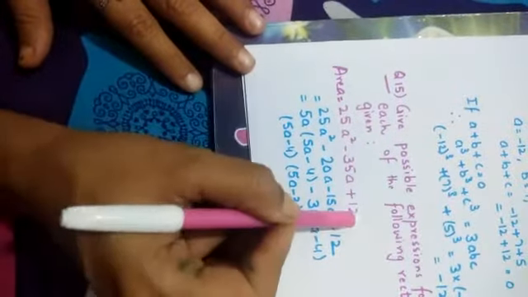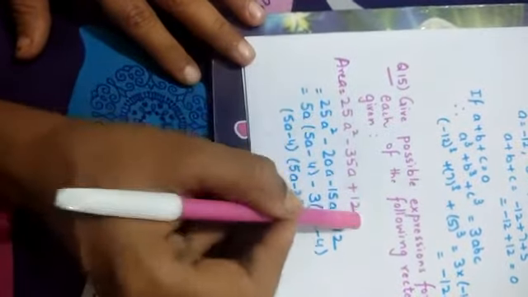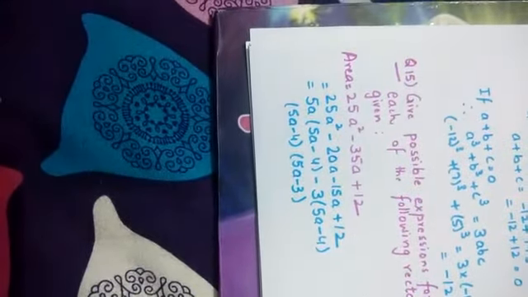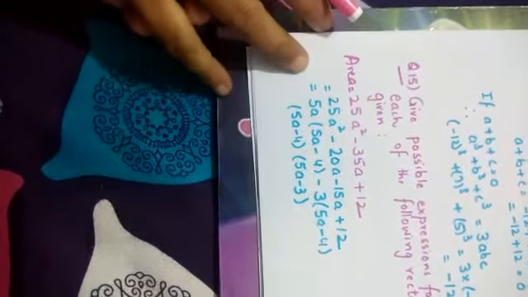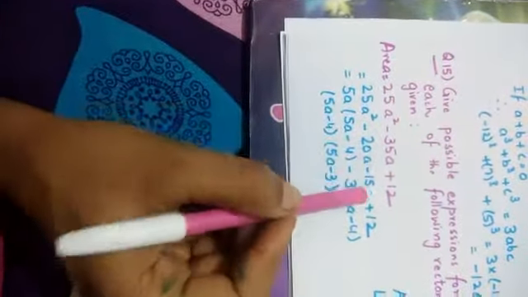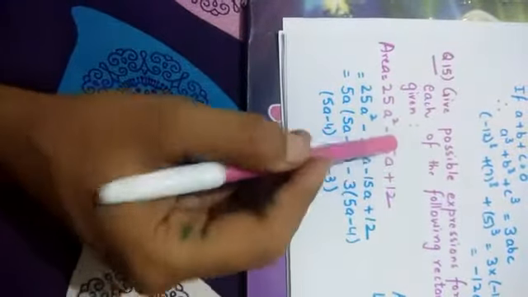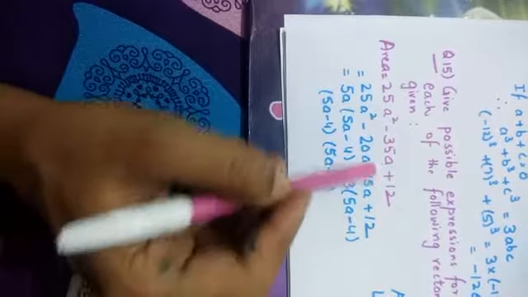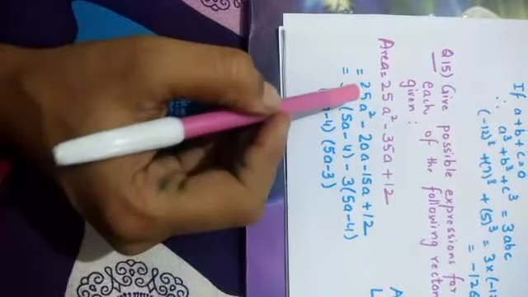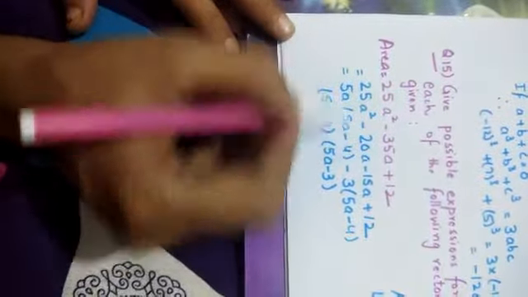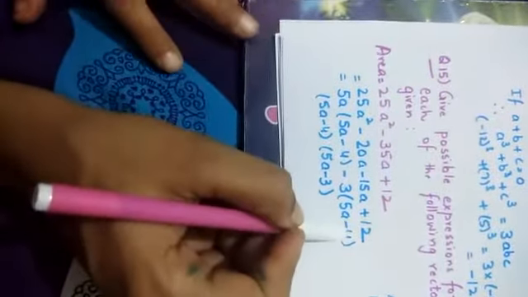Multiply 25 with 12, you will get 300. So you have to make two factors. By adding them, you should get minus 35. By multiplying, you should get 300. So I have got these factors as 20 and 15, both negatives. When you add both, you get minus 35. When you multiply both, you get plus 300. So I have taken first two values in one bracket and next two values in another bracket.